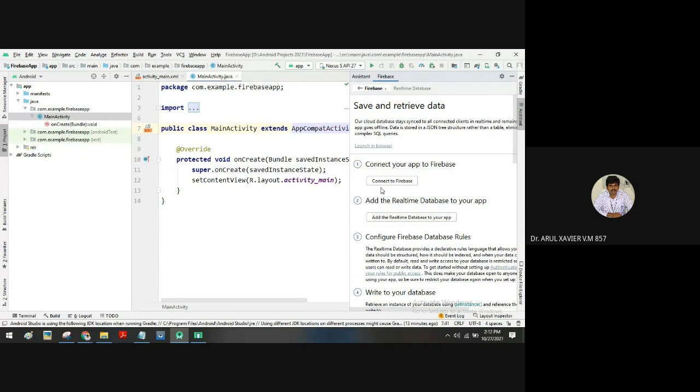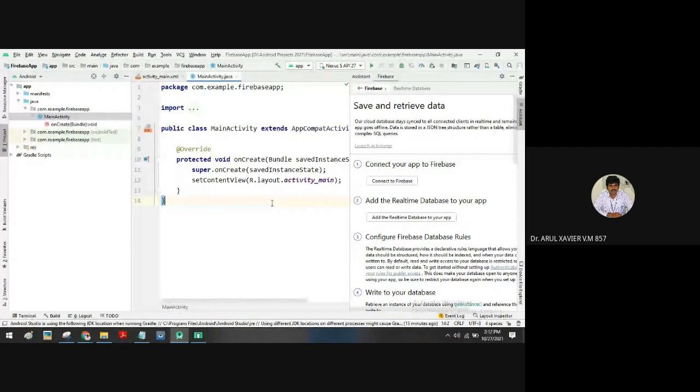So I'm going to explain the manual way of doing the connection with the Firebase database. In your project, if this is working, you can do that, no problem. You can continue that. Don't worry. In my system, it was not working, so I have followed a manual approach. In your system, you can try this. If this is not working, you can follow my approach.